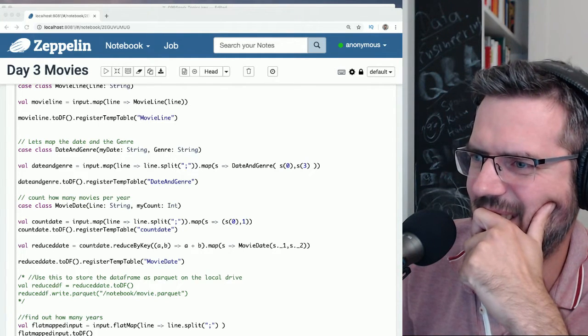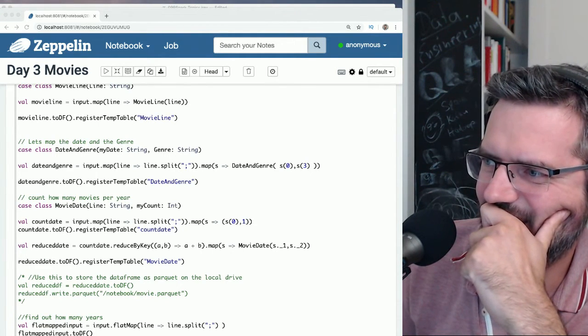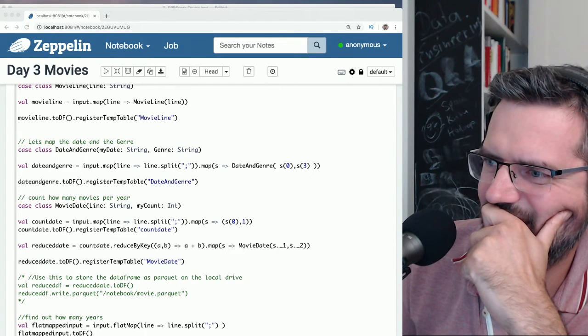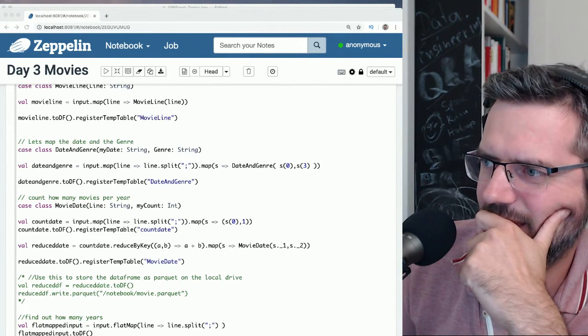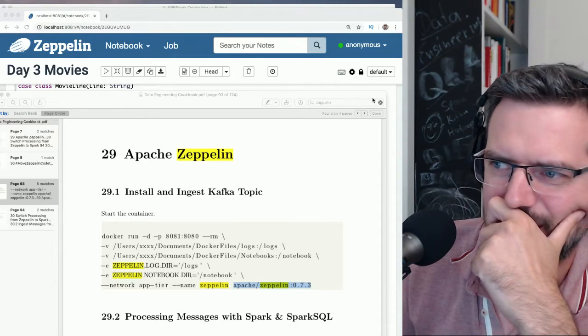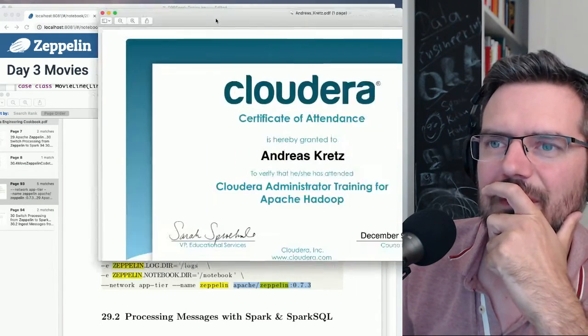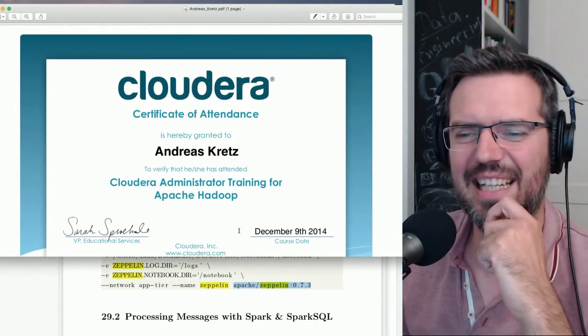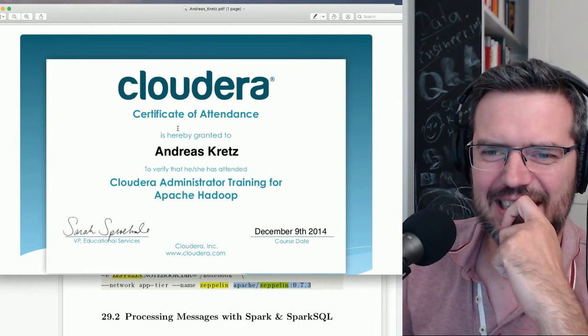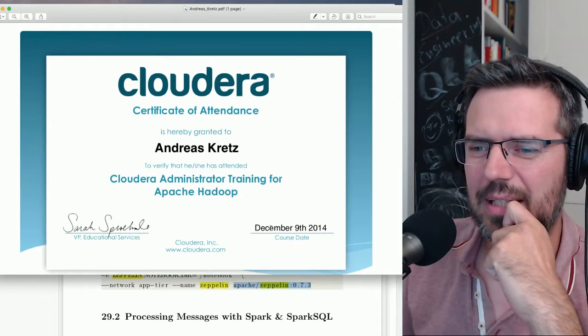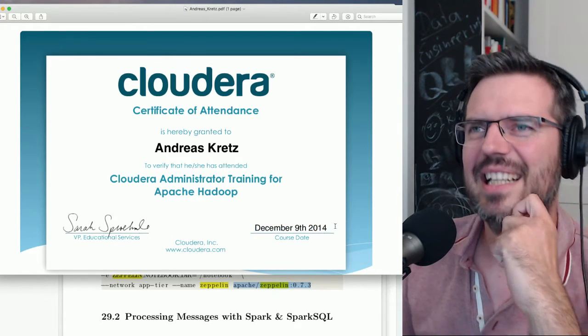This thing here. I would just download it. Found this thing here. A Cloudera certificate from December 2014.